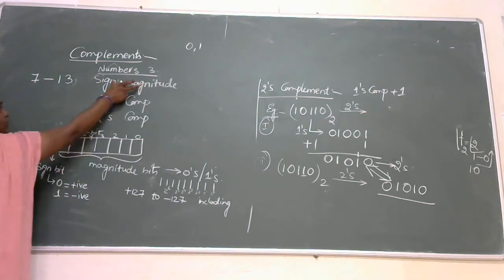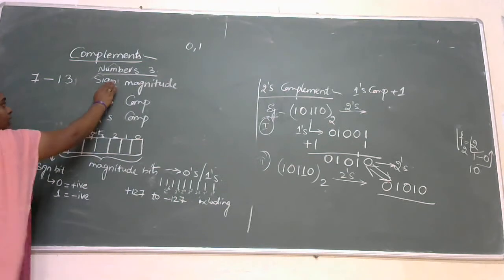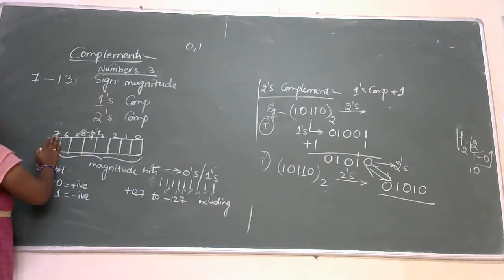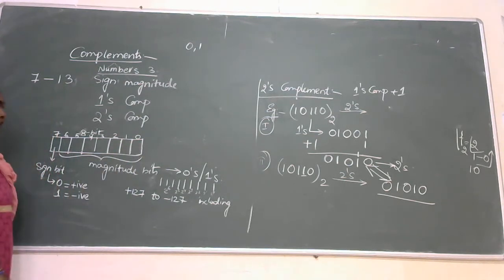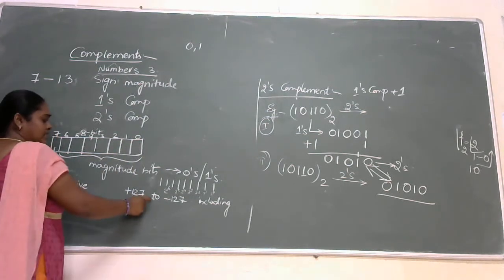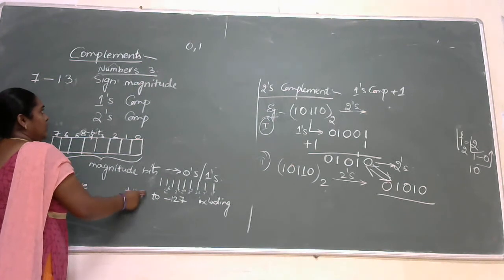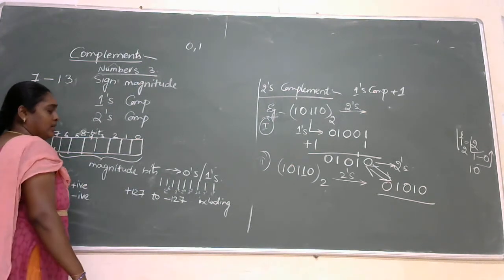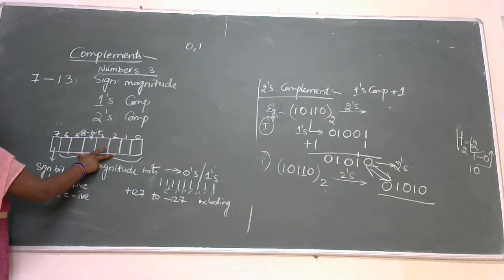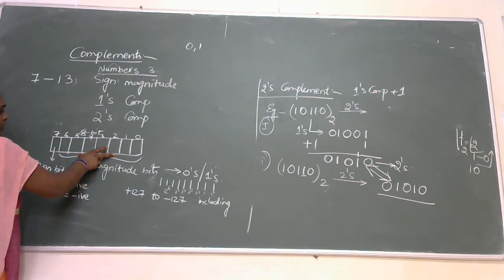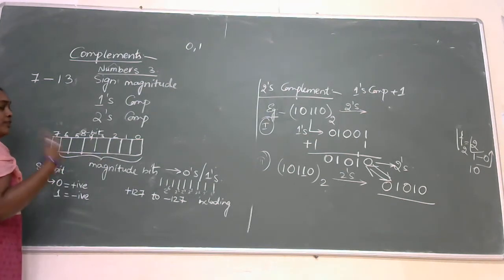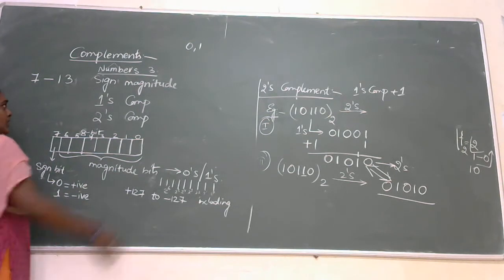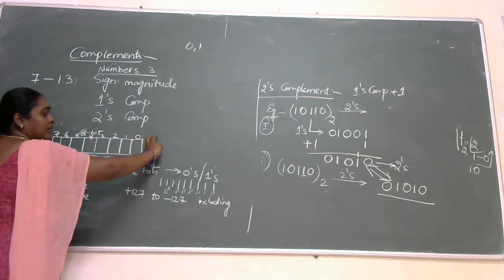So this is all about sign magnitude. In sign magnitude, the most significant bit is the sign bit and the remaining bits are considered magnitude bits. The disadvantage of using this sign magnitude representation is that with 8 bits, the maximum number of digits you can represent is only 256, that is from 0 to 255. If we want to increase the number of digits, we need to increase the register size.